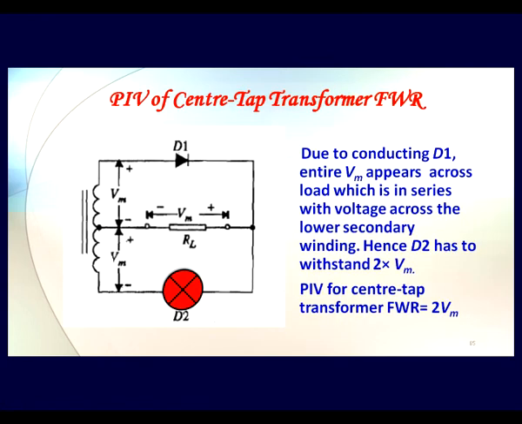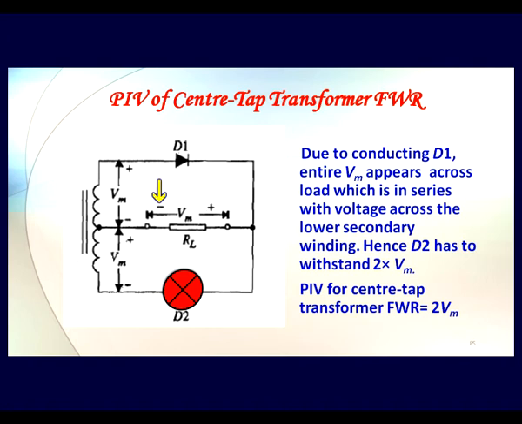Now what will be the PIV or the peak inverse voltage in this particular case? See that due to conduction of D1, say if we consider a positive half cycle, then in that case our D1 is conducting, whereas D2 is the reverse biased diode. So we have to cater for what is the peak inverse voltage that this D2 diode should be able to withstand. So for this, since this is positive, D1 is conducting fully, consider that its internal resistance is 0, then that entire input is appearing across load.